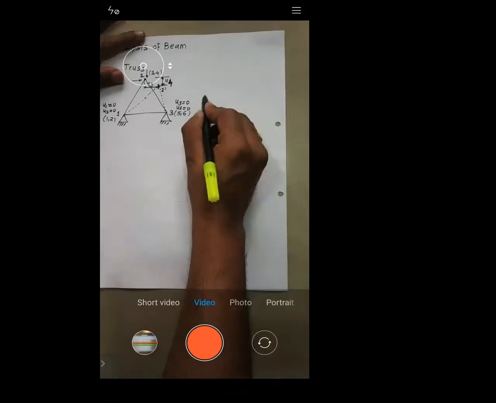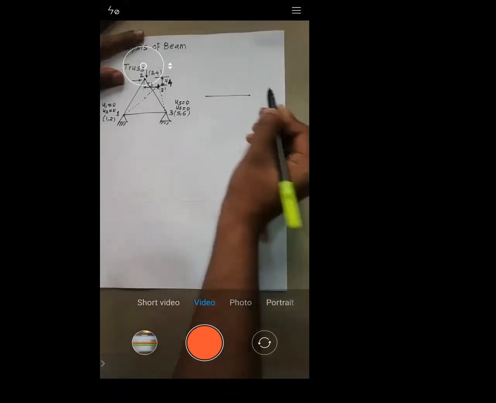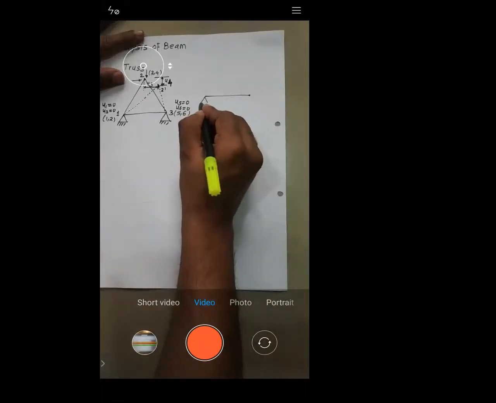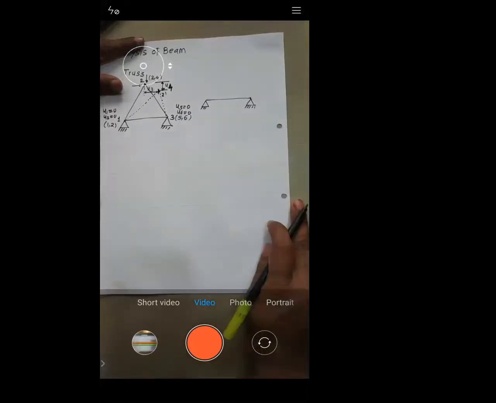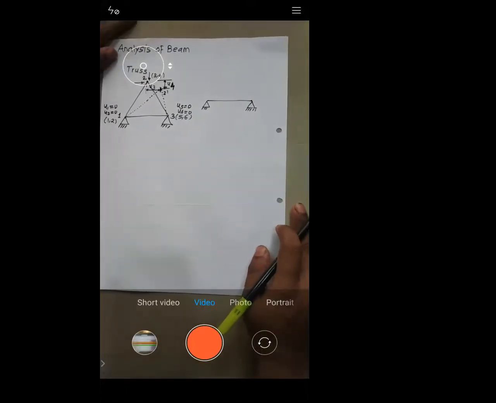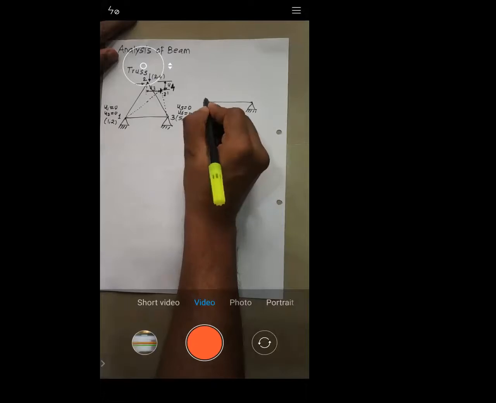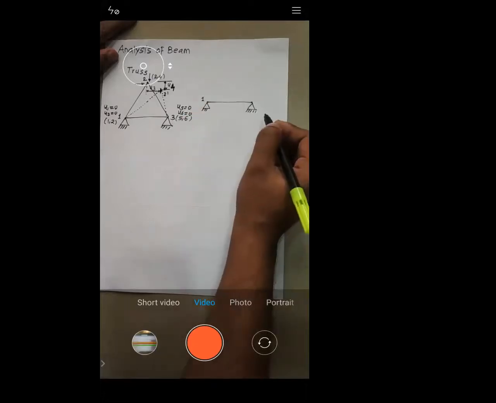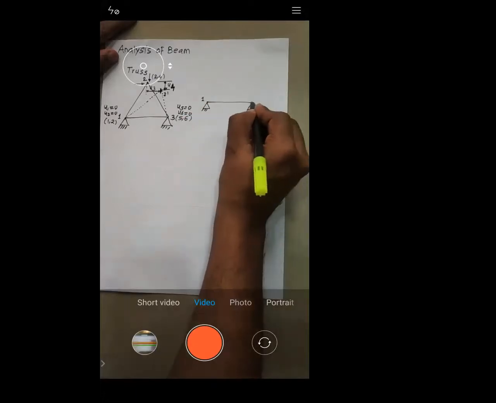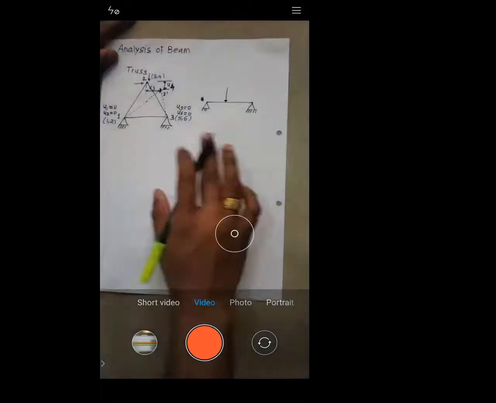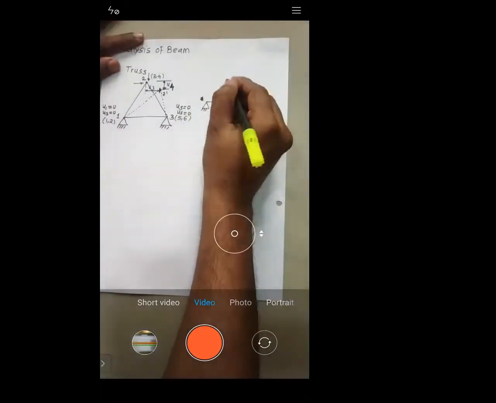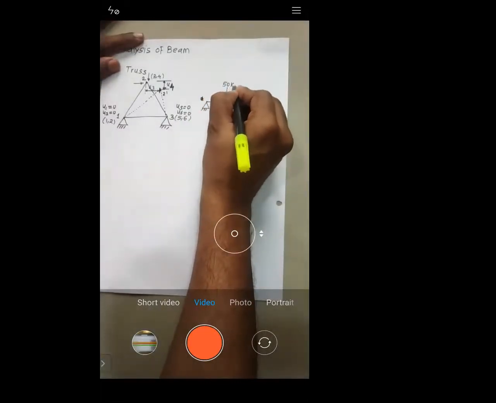So let's consider this beam. I will draw this beam. This is basically the beam which is supported at two ends. You can call this a simply supported beam, right? Let me call this node number 1. Let me call this node number 2. And what I have done, I applied some force here. Now let's say I applied some load, let's say 50 kilonewton, right?